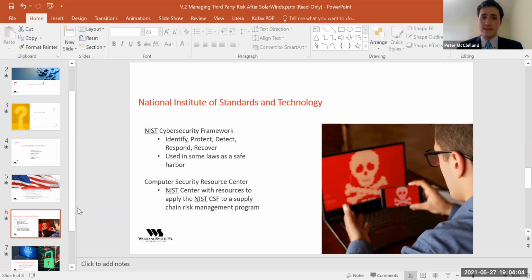If you're not familiar with the NIST cybersecurity framework, it goes through several functions that are designed to first identify what your data assets are, walk you through technological, administrative, and physical safeguards that can be used to protect the data, that can be used to detect any kind of anomalies, and to respond when something occurs, and then to recover.